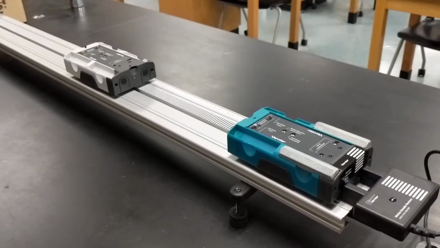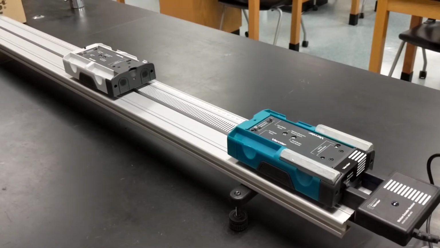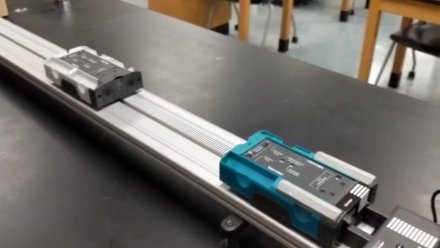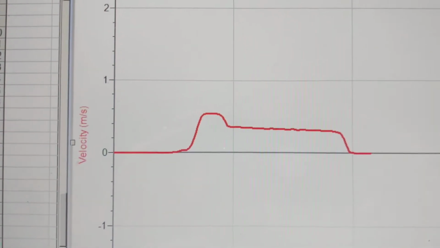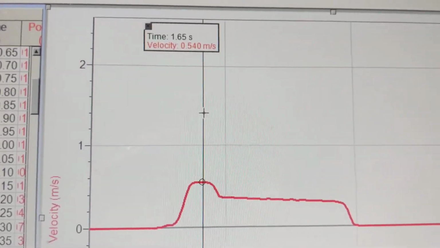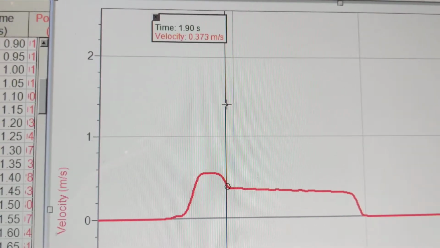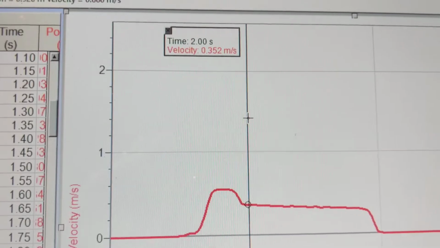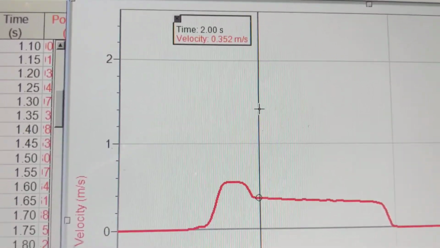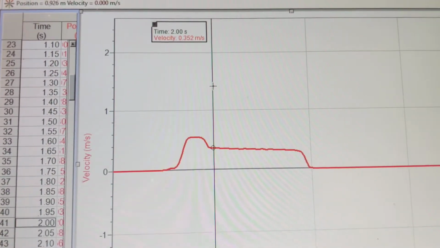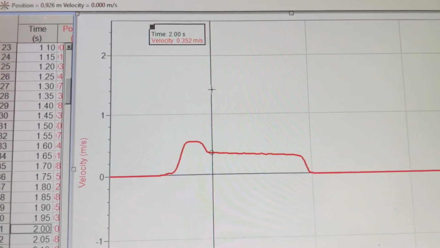Now I've put two additional weights on the initial cart and no weights on the second cart. Let's collect some data. There we go. And here we have an initial velocity and a final velocity. Here you see the velocity immediately before the collision, and here you see the velocity immediately after the collision. Notice that it didn't slow down as much this time because the incoming cart had more mass than the cart